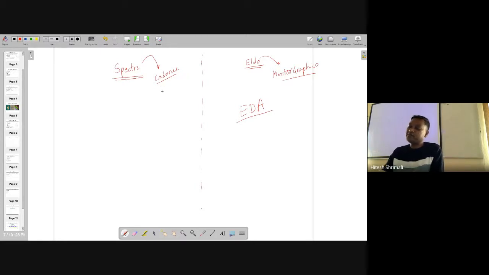So Cadence, Mentor Graphics, Synopsys, MathWorks, all are doing such kind of EDA tools, right? They are not actually designing the circuit. They are not the design companies. They are providing the designing tools to other people, right? So that you can simulate your circuit.